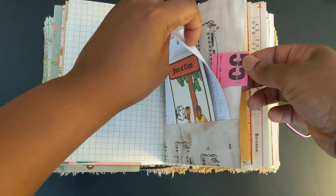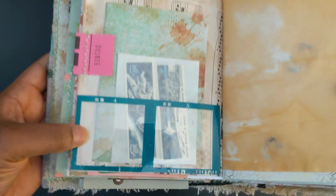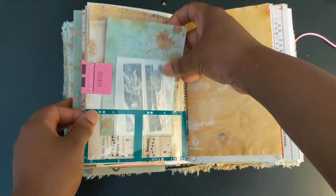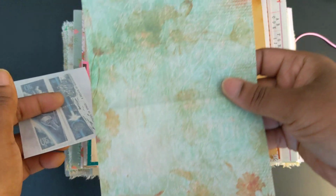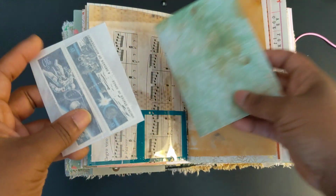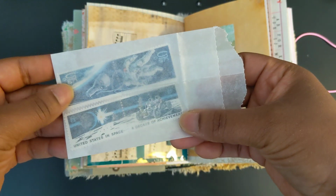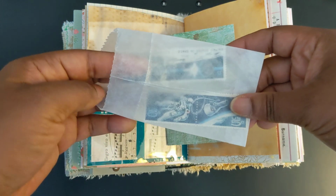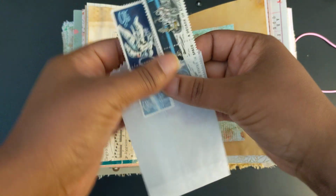There's that tab, ticket. And as I mentioned before, she is a filmmaker, so I had this transparency, that's this film strip. And inside I have just some stationery, a paper from a paper pad. And then I perused her Instagram, and she talked about how as a child, she felt like she was going to be an employee at NASA. So these are some old,